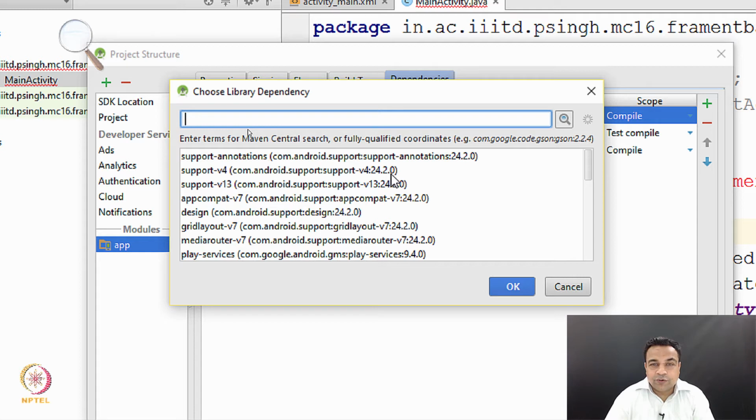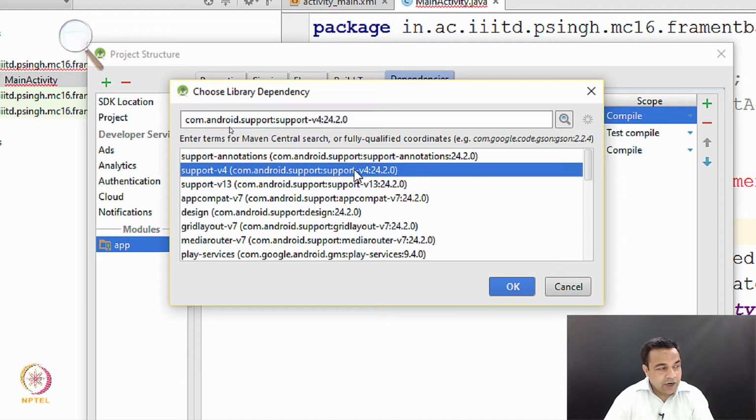I have earlier asked you to use the support library for developing fragments rather than the Android OS version. There are multiple reasons for it. Number one, the support library supports Android devices which are as old as running Android 1.6. Number two, support libraries are updated more often. Number three, because you are using a support library, if a new version of the library comes with an advanced feature, all you need to do is add the newer library in your APK and everything is fine. So there are ample reasons to use the support library for development, and that is what you should do. So let me select it,